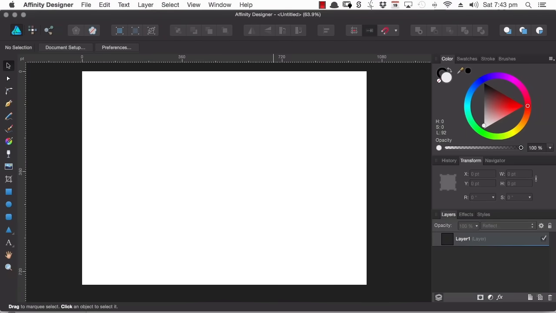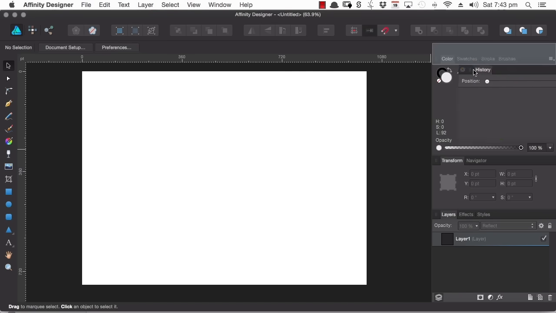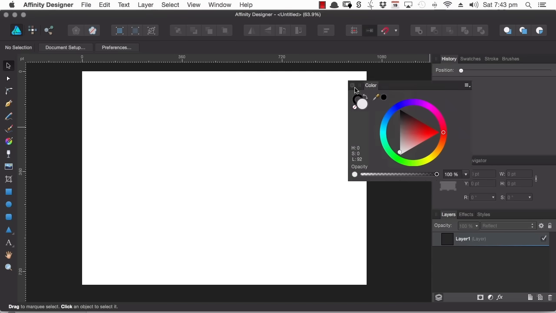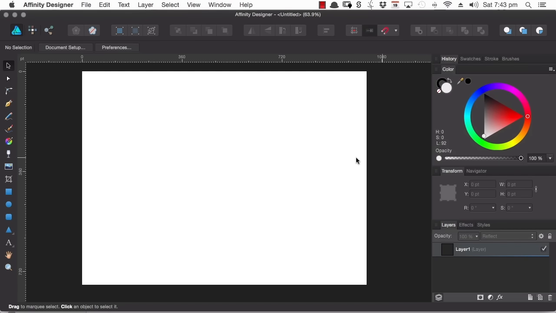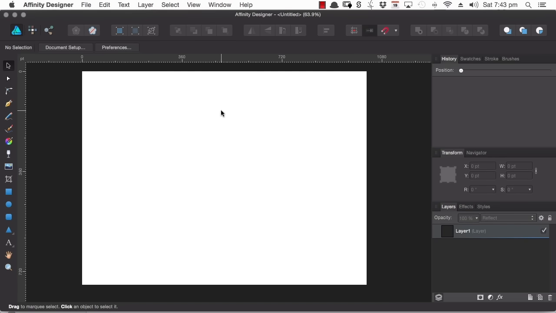This video is just a quick tip about working with studio panels. You have a bunch of panels over here on the right side of your screen, and they do things that you would already be familiar with if you've worked with other graphics applications. So they give you your history, they give you color selectors, and so on and so forth. And you can rearrange these panels. You can drop them in with other sets of panels. You can drag them out. You can nest them in different locations. And you can also close them down completely,